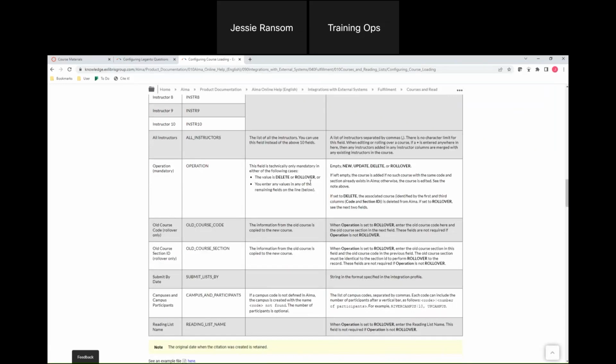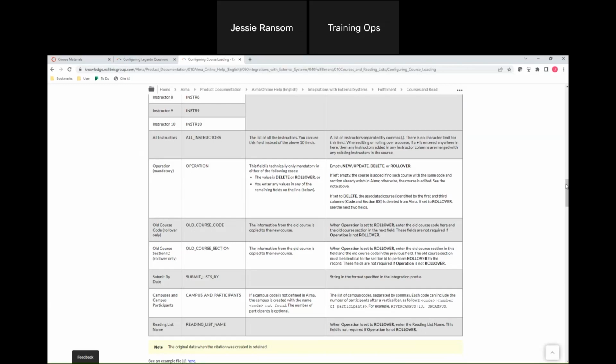So you can say what I want to do with this course load is actually roll over these courses. And so you would say the old course is, in my example, English 310 or something like that. My English 310 course, I want to take the reading list that's associated with that course and I want to roll it over into this course up here, the one that we've just added all of that course information for. It creates a copy of the reading list.